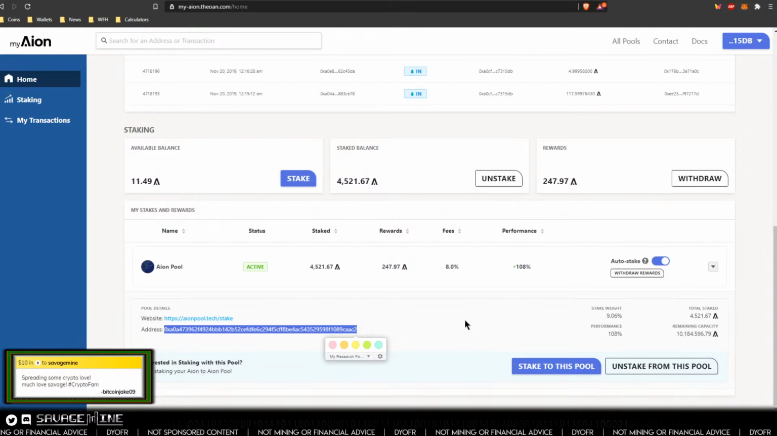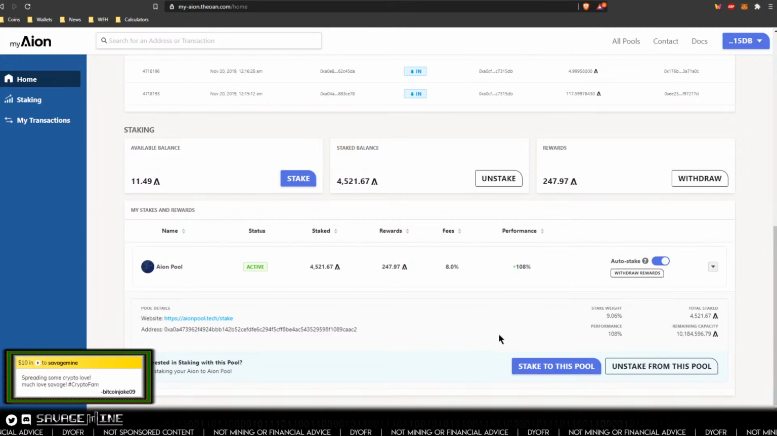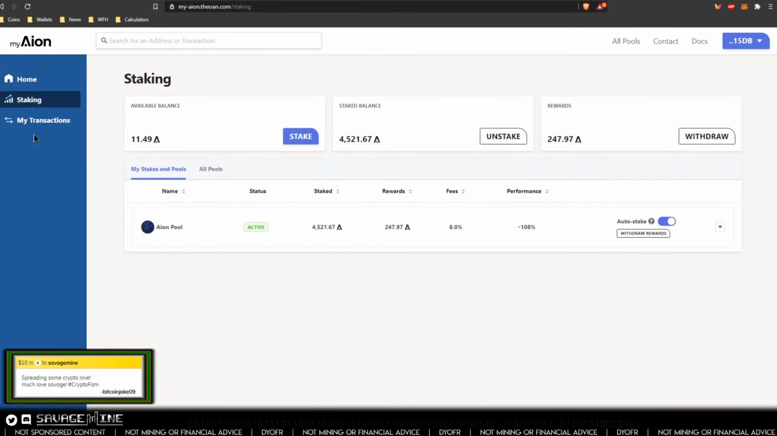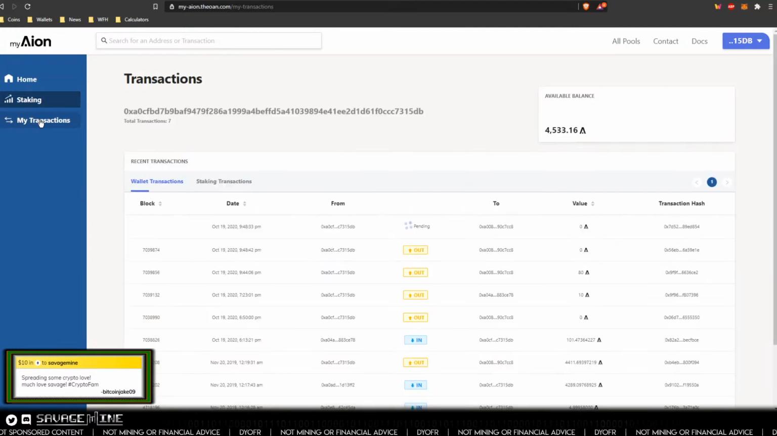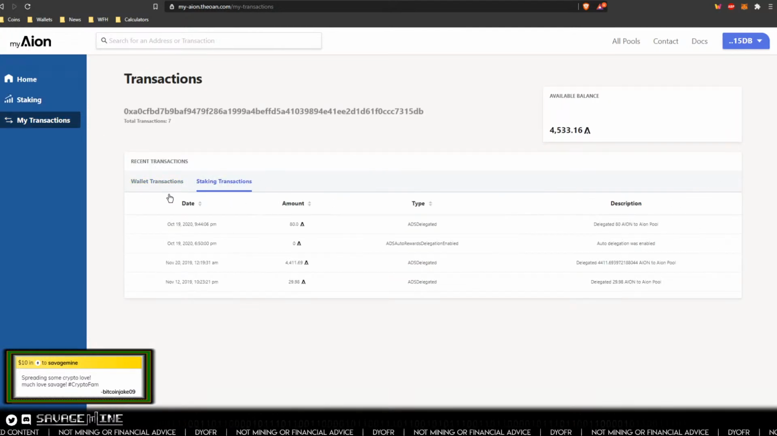I don't know how often. I don't know if it does it immediately. I'm not sure of the details of that. But basically, if it has a balance, it'll auto stake it. Okay, cool. So that is the ledger way of doing it. Also shows all the transactions, staking transactions as well on here,